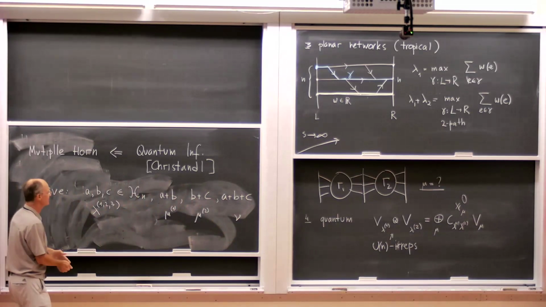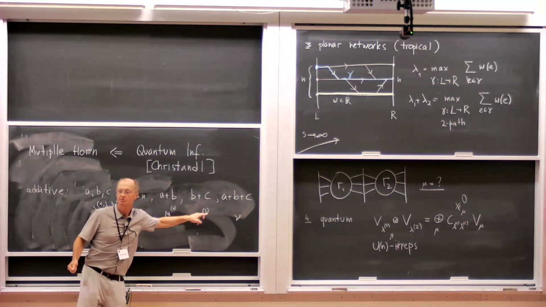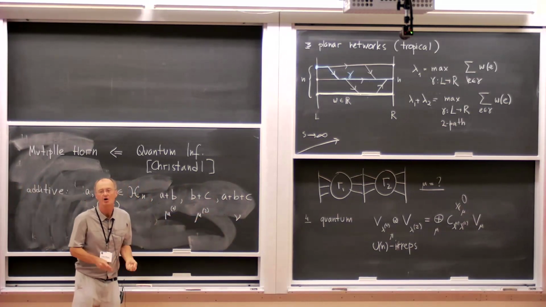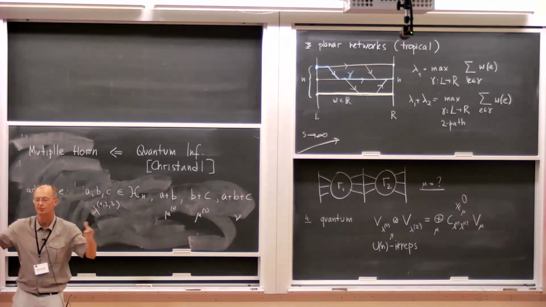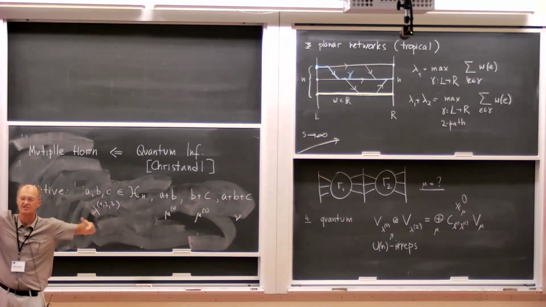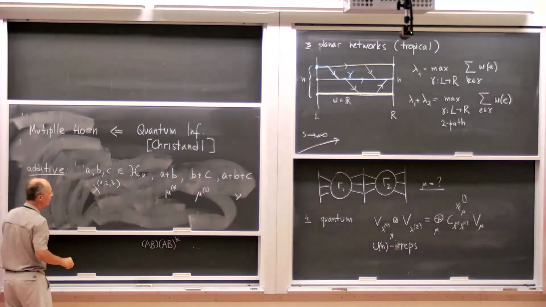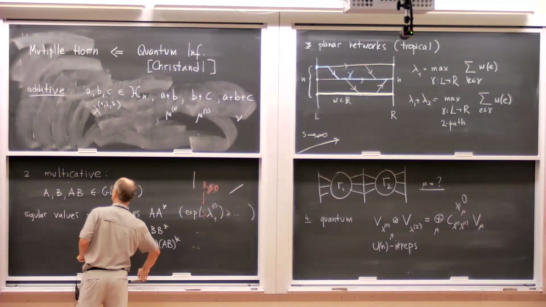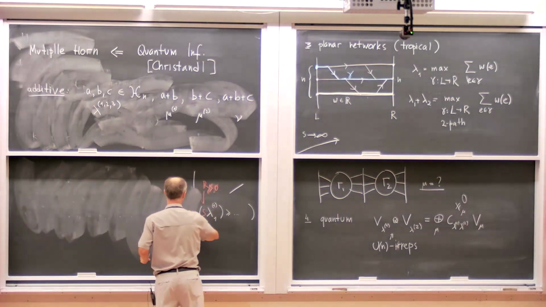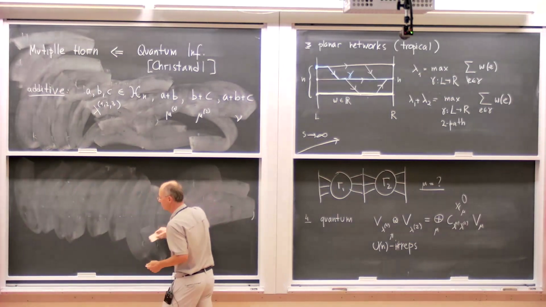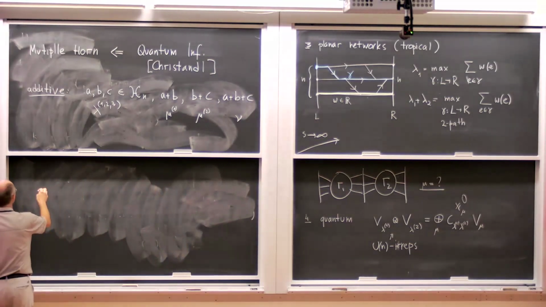And the question is again the same. Suppose you're fixing those ones, what are the eligible values of the other 3? Or you can say you just want to look for eligible values of all 6. Then you would expect to have some kind of cone, right? That's also a possibility. Now, let me formally say that we do the same in the multiplicative and planar network case, but I think I don't need to write a lot of stuff, right? You just do by analogy.